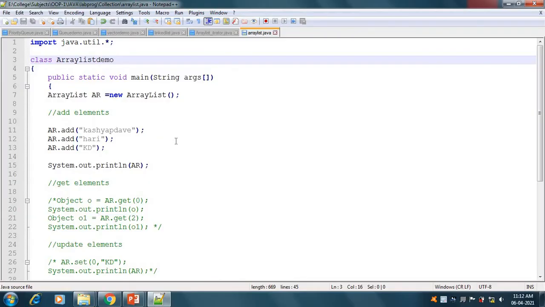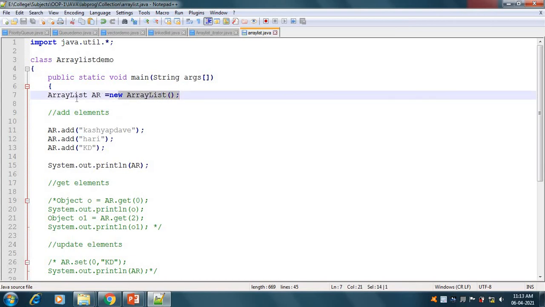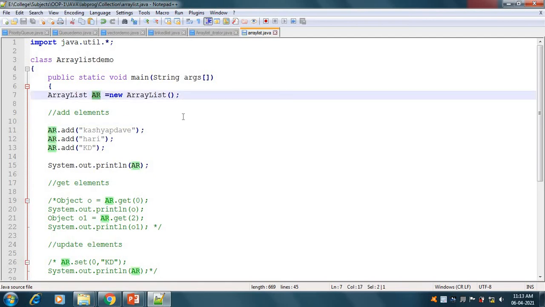So this is the program for array list. The array list class is from the util package, so we have to import java.util.*. In it we have our main method, and we have created our object of array list. Here ArrayList ar = new ArrayList, so our object is ar.